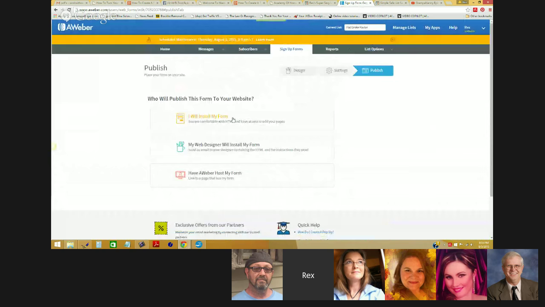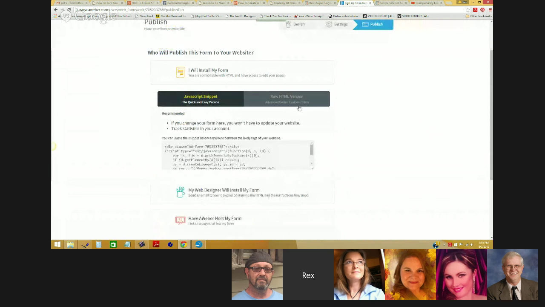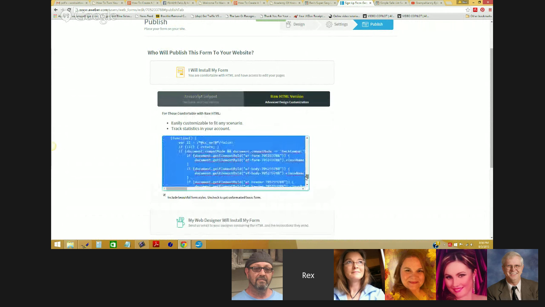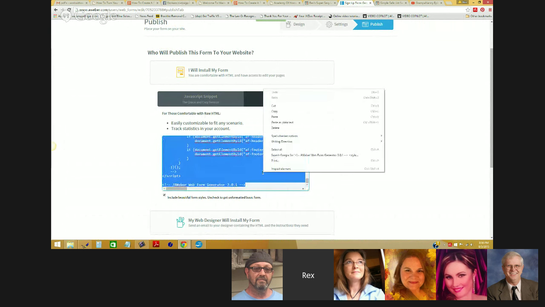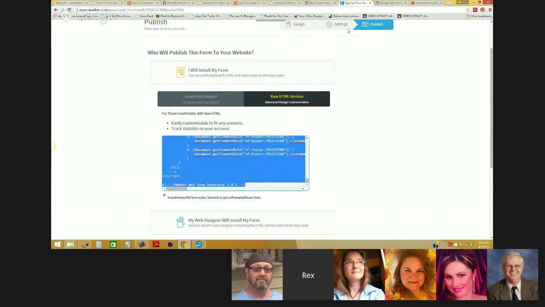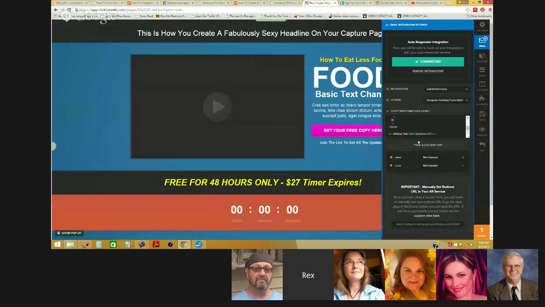Okay. So then I'm going to go here, and I'm going to click I will install my form. Now I have two options for form code here. I have the JavaScript snippet and the raw HTML, which is the full long code here. So I'm going to choose the raw HTML version, and then I'm going to grab a copy of this code. I'm going to go back. I'm going to paste the form code into here,